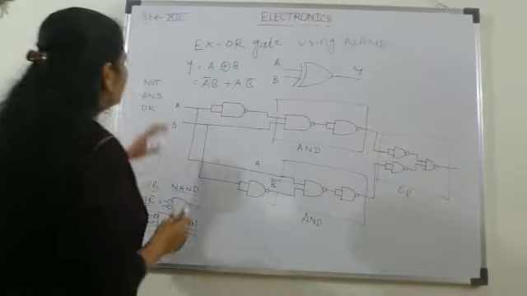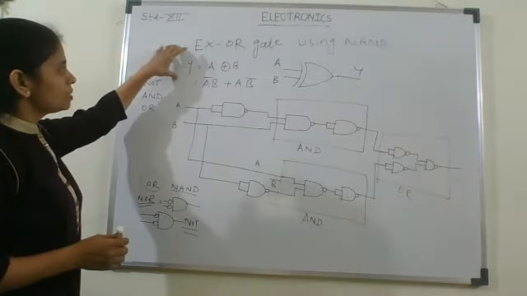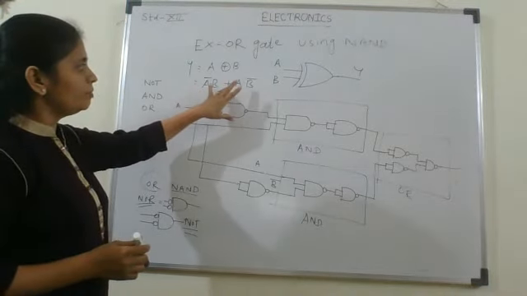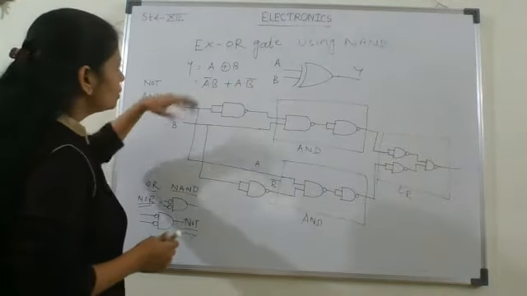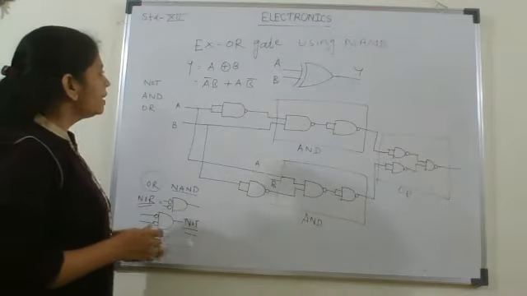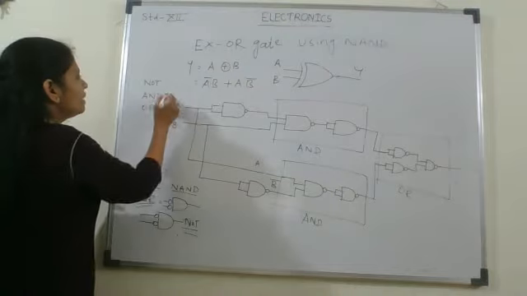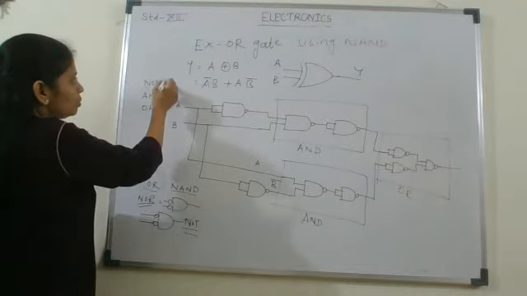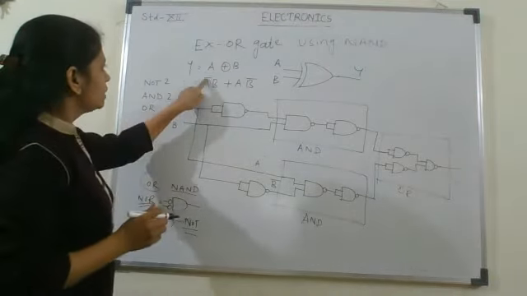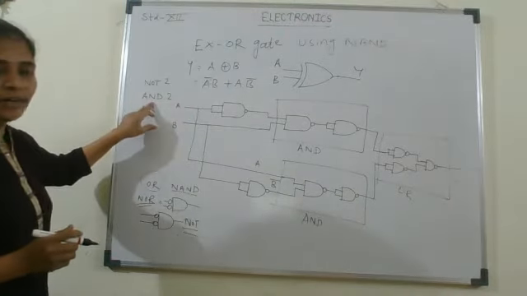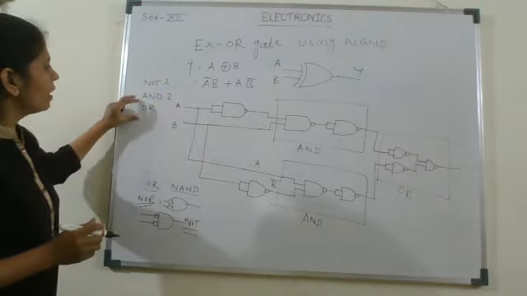Now here the Boolean equation of this XOR gate is A XOR B, and the equation is A bar dot B plus A dot B bar. So first of all we draw the block diagram. In that block diagram we use NOT gates with two AND gates and one OR gate. Two NOT gates we require because here A bar and here B bar. So for A bar and B bar we require two NOT gates, and for this dot and this dot we require two AND gates, and for this plus sign we require OR gate.